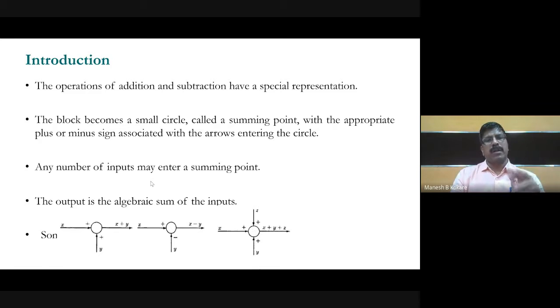Simple block. For example, you have three inputs in the summing point: x is one input, y is another input, and z is the third input. Your output will be the summation of these. Whereas here, x has a plus sign and y has a minus sign, so your output will be x minus y. Here x is plus, y is plus, z is plus, so x plus y plus z will be the output, right? Now, generally this is represented with a cross inside that circle, and here we generally write the symbol, or basically the sign, of that signal, right?